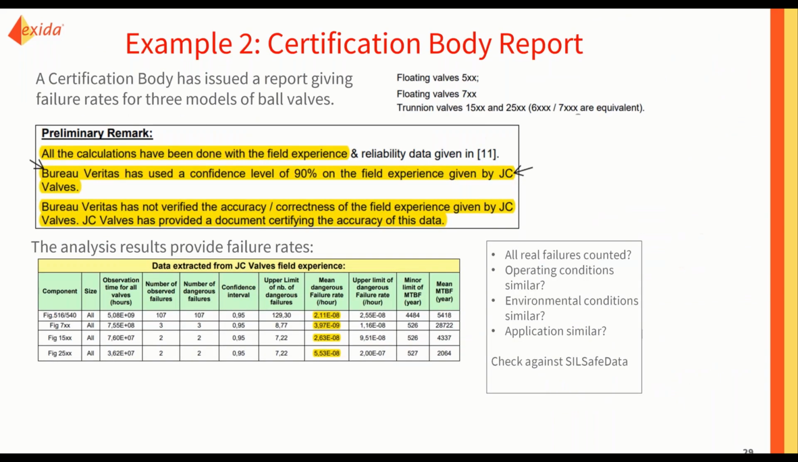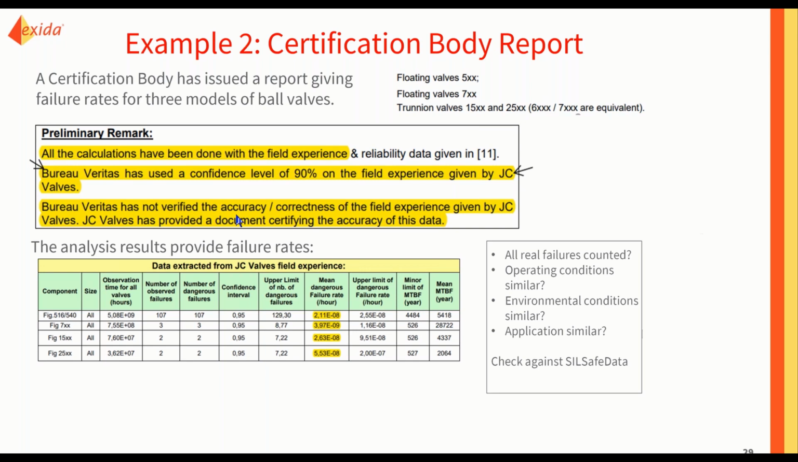Let me look at another certification body report. This report is giving failure rate data for floating ball valves and trunnion ball valves. But I looked at the comments and they said all calculations, okay, field experience, that's good. Confidence level of 90%, that's good. Somebody's doing work that knows what they're doing, in my opinion. But the